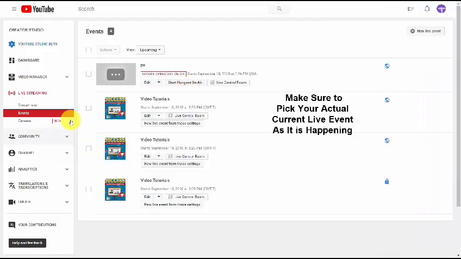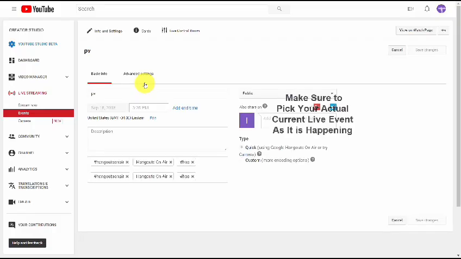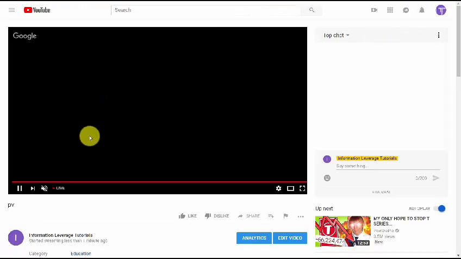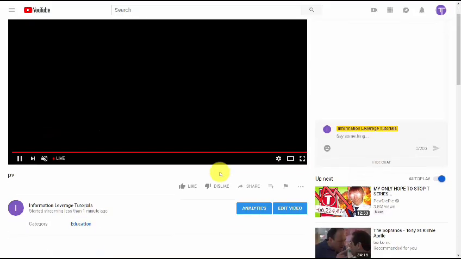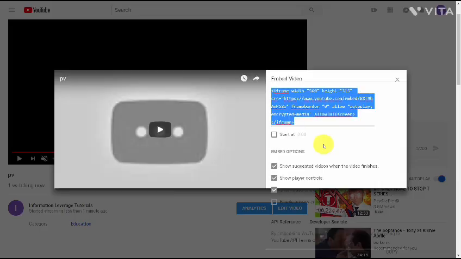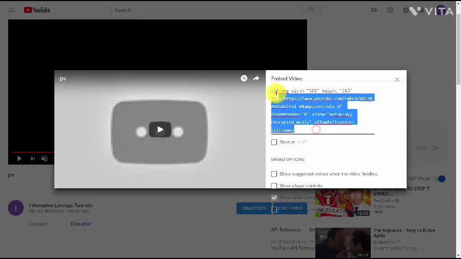We can go inside of our page by clicking this edit button, and we can then click view on watch page. And you'll notice then that our stream is live here. And what we would do then is we would then go to the share button. We would then click the embed button. We can then take care of the embed options, grab the code,